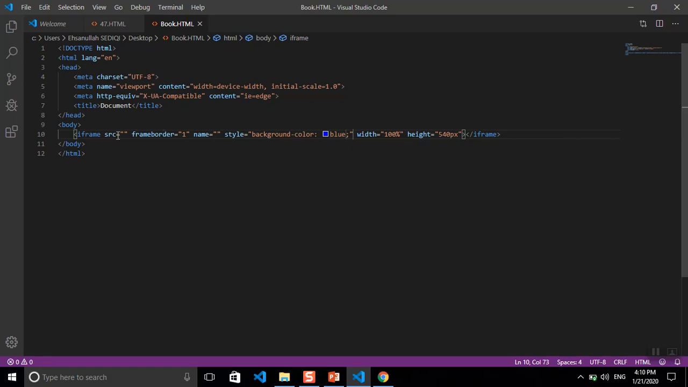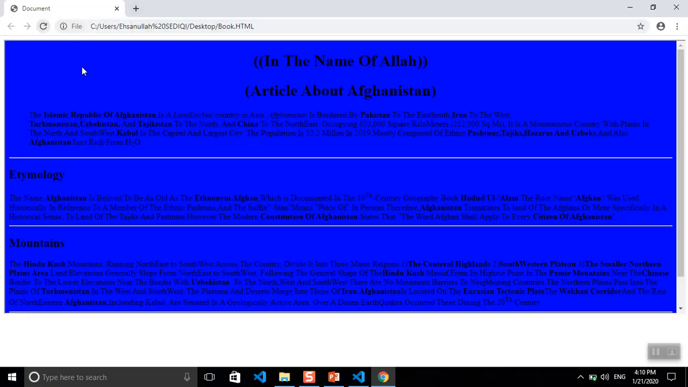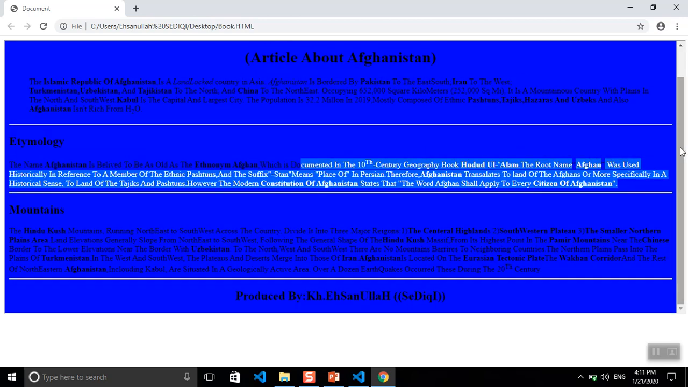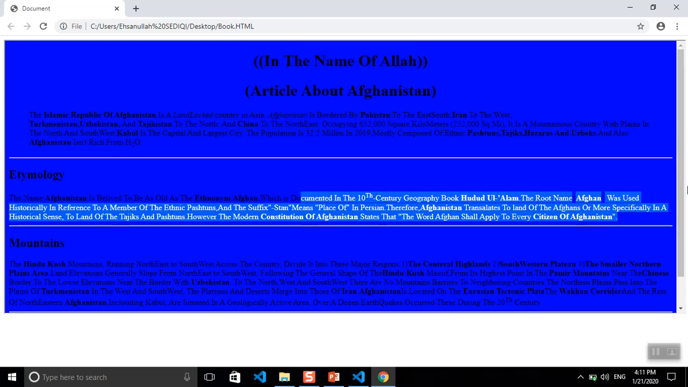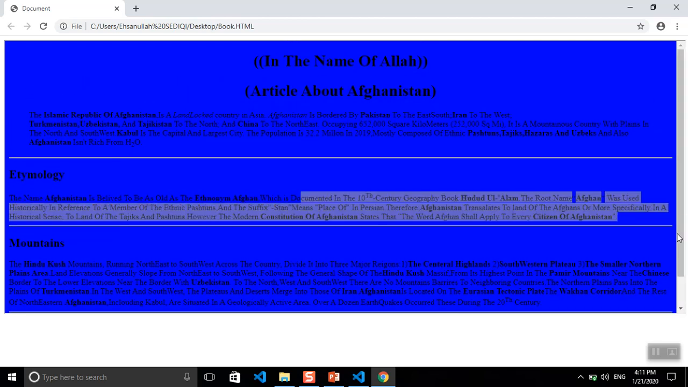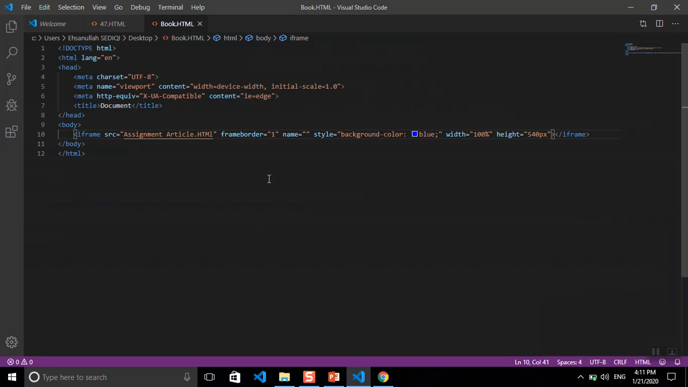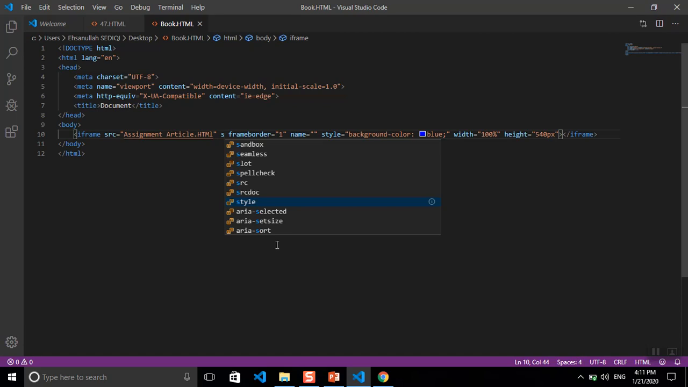So here we type the HTML file, for example, assignment article dot HTML. So let's check what happened. Here we go, guys. This is our text, and this is the scroll of the iframe, not the scroll of the page. Okay, and we want the scroll not to stay here. This is removed. So what we do is, before our frame border, click here, type scrolling